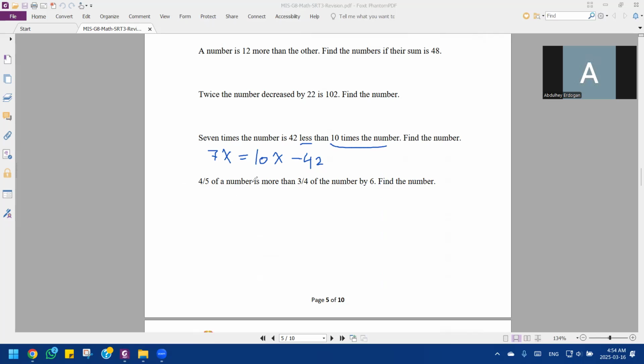Now, 4 over 5 of a number is more than 3 over 4 of the number by 6. Here, by 6 and more, it's similar to saying 3 over 4 of the number plus 6. More by 6, this is plus 6. So you do 3 over 4 x, 3 over 4 of the number, and then more by 6, plus 6. Next,